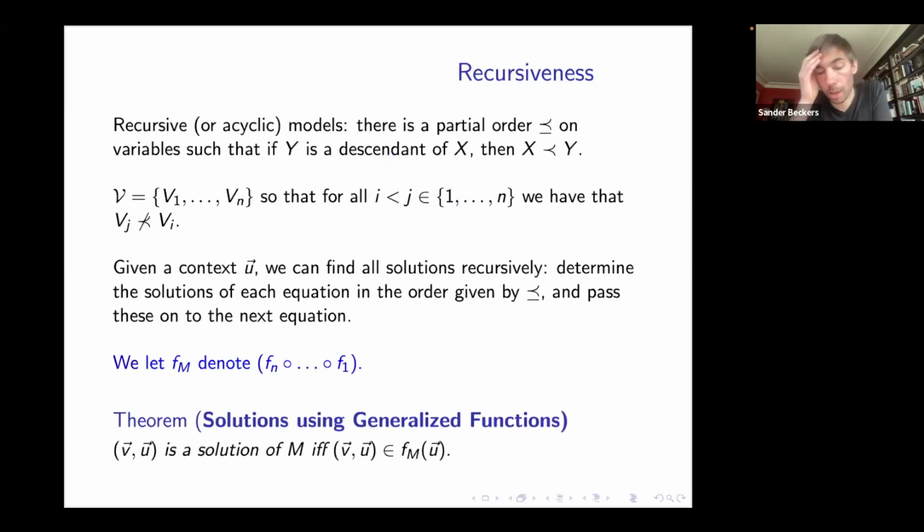Now, I've spoken a lot about acyclicity. This is why. I'm going to assume that we have recursive models. And that means that there's a partial ordering such that we can actually order the variables in terms of their dependency relations. I haven't defined dependency here for the sake of time, but it's very similar to what it was in the deterministic case. So we have this idea of x being a parent of y, and then we want the order